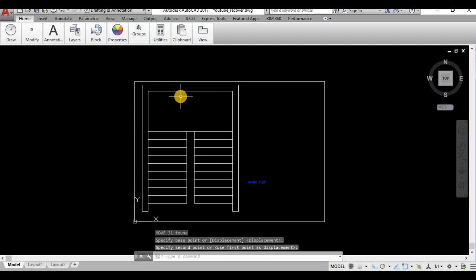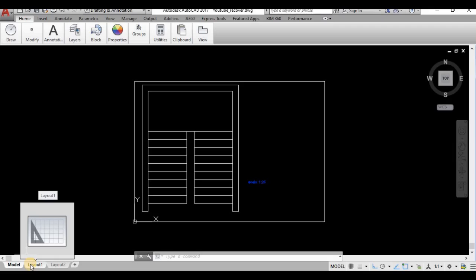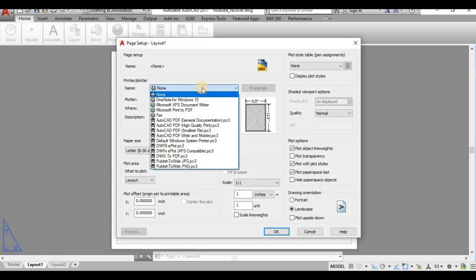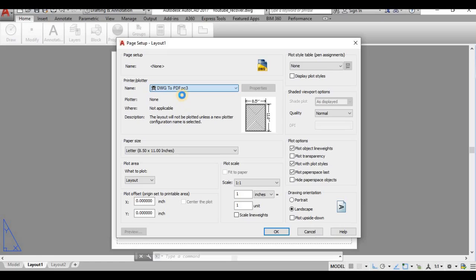Now I can place this in the paper plot, that is the layout. Before that I can choose the layout. This layout should be modified to A4 sheet, so I shall modify it. You can print it to PDF, or choose whichever printer is connected. I shall choose AutoCAD PDF, drawing to PDF.